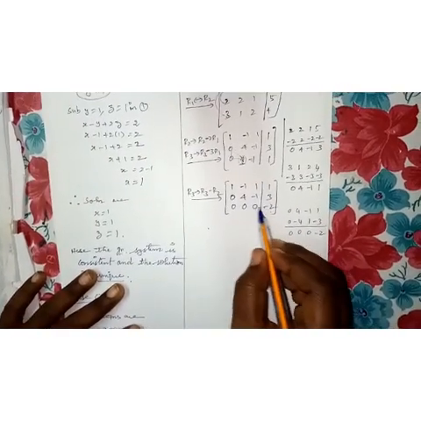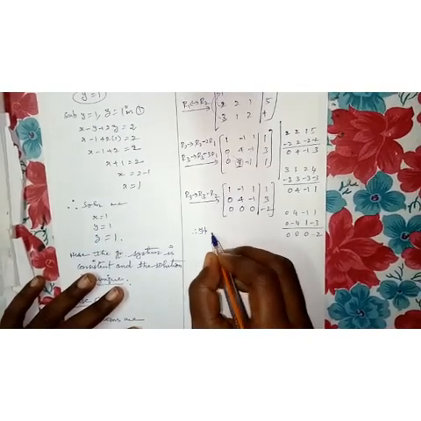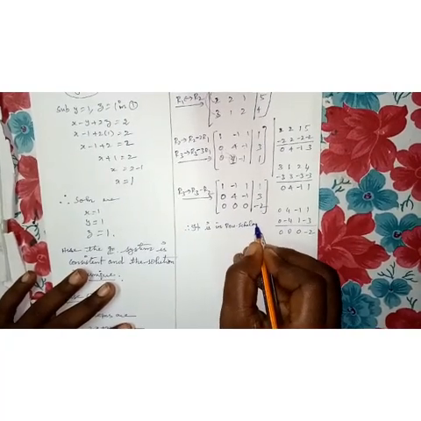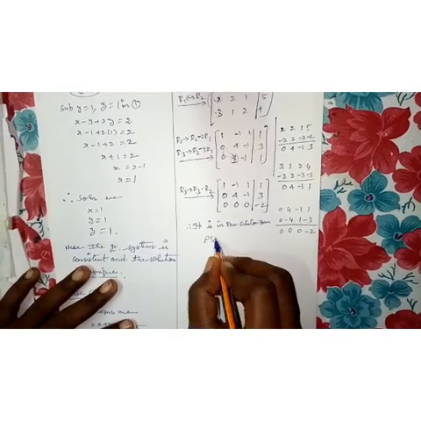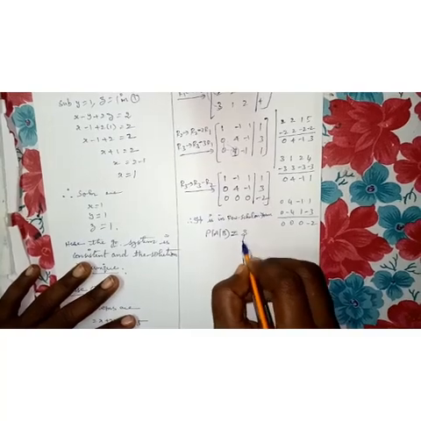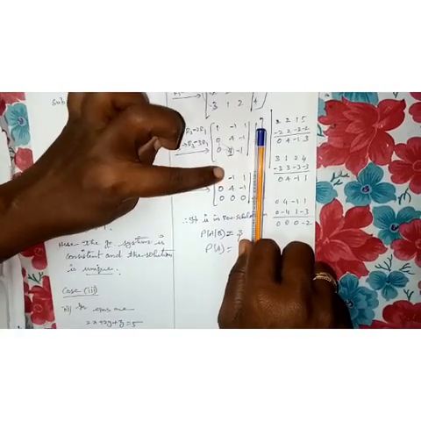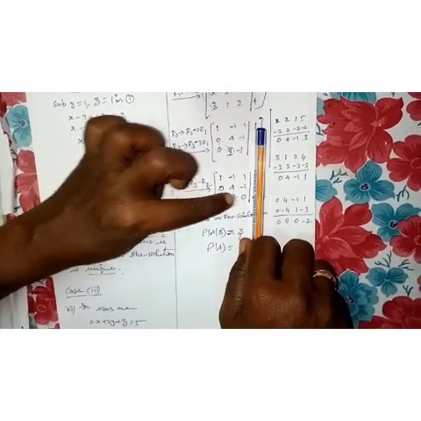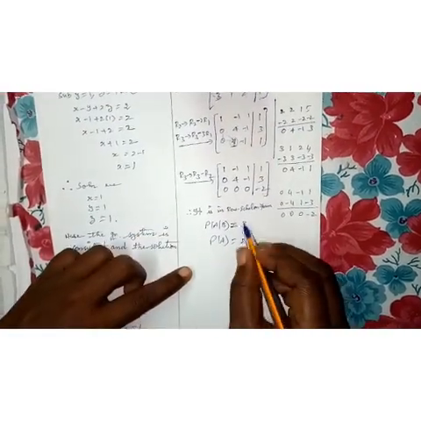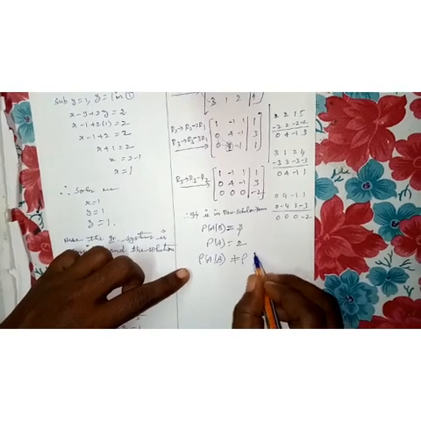Is it possible to convert any more elements or rows to 0? No. Therefore it is in row echelon form. The rank of [A|B] equals 3. For the rank of A, close this column; this is A. The rank is only 2, because all-zero rows need not be considered, so only 2 non-zero rows. Are the ranks equal? No, the rank of [A|B] is not equal to the rank of A.